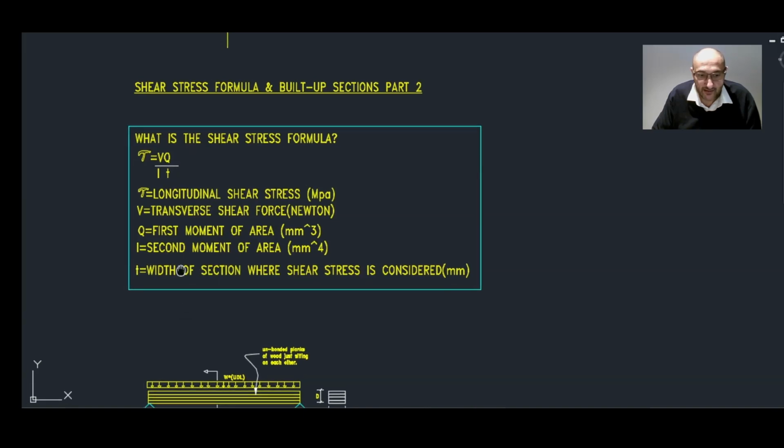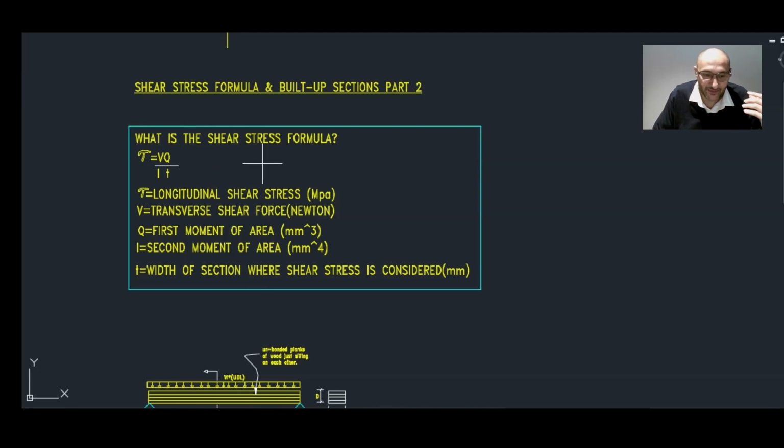So in this formula, tau is equal to VQ over IT, and we went through all the parameters involved in this equation in the video part 1. Now we will go through the derivation of this formula and find out where it came from. I think the main confusion has always been,